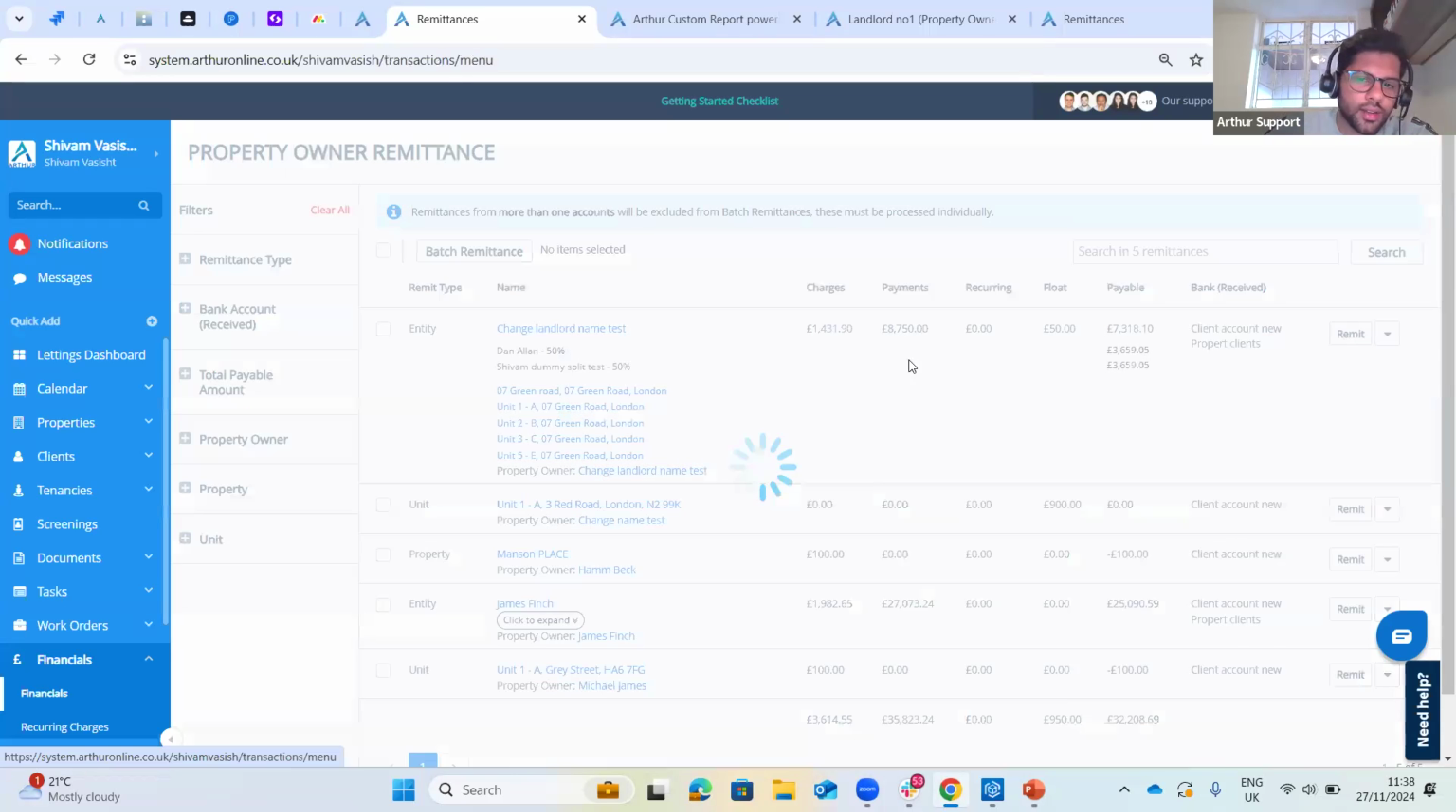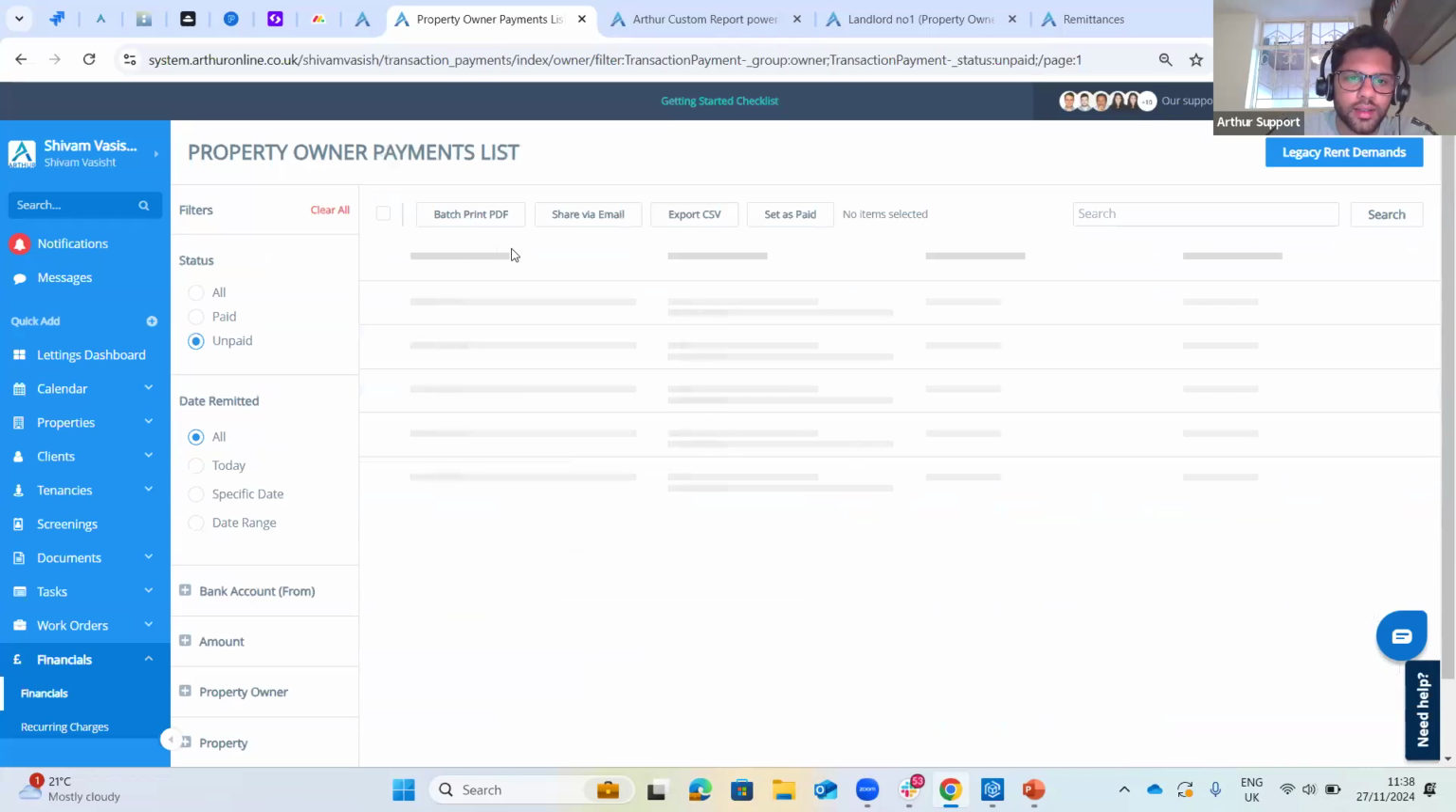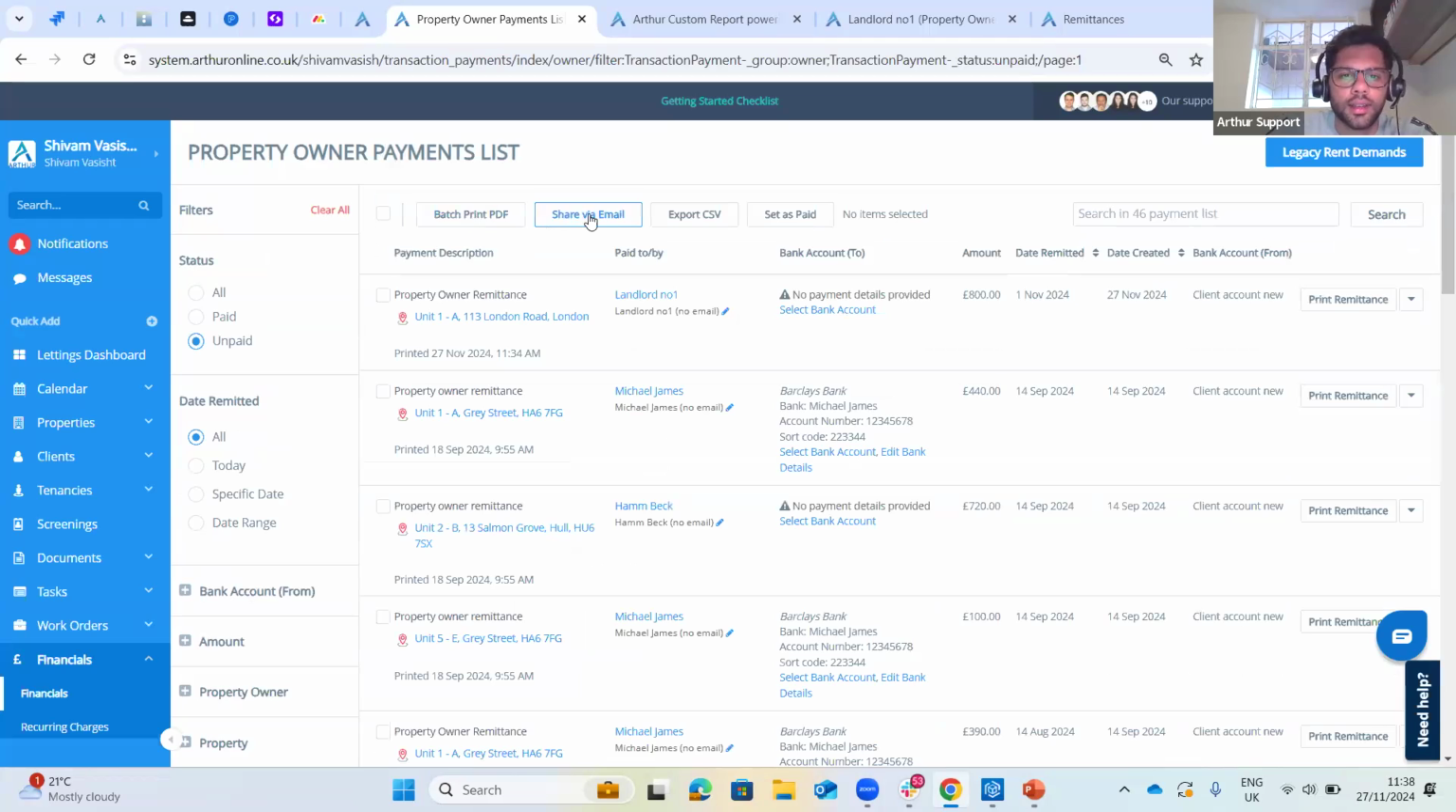The last step then is once you've processed the remittance, go into the payments list where you can send the statements to the landlords. First process the statement, share via email. Then you can use export CSV, or if you want, you can even do this before. Export CSV allows you to